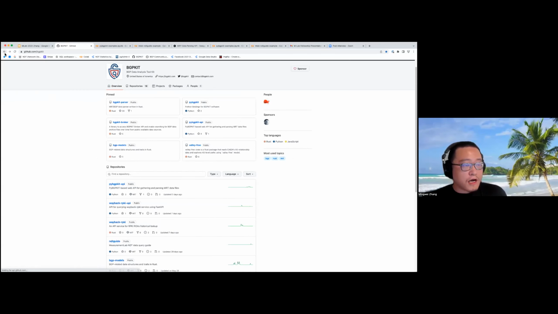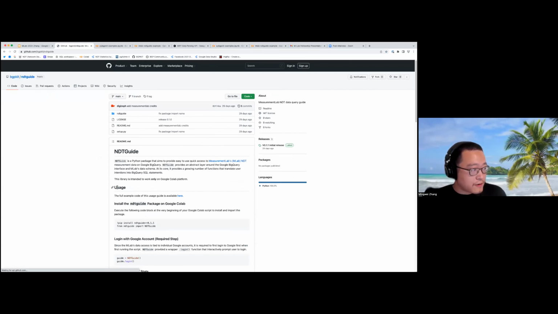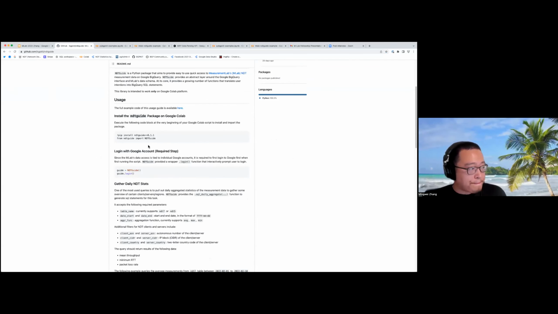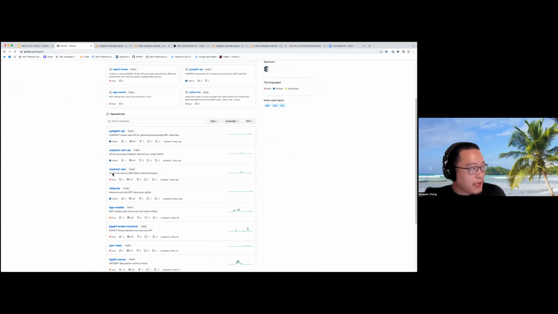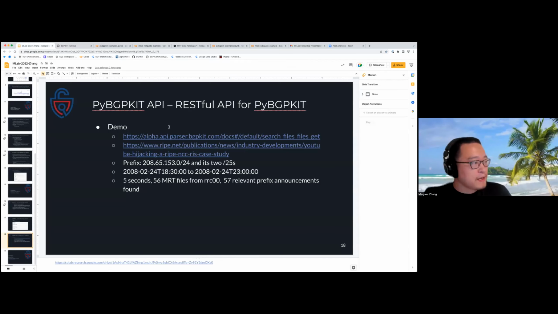You can run it on any of your own instances. It's just a Python library, so it should be pretty easy to deploy. NDTGuide is here with relatively complete documentation on the page. But note that you can only run the NDTGuide for now on Google Colab due to authentication limitations. And then many other things that are MIT licensed over there. If you find it interesting, you can go ahead and take a look.